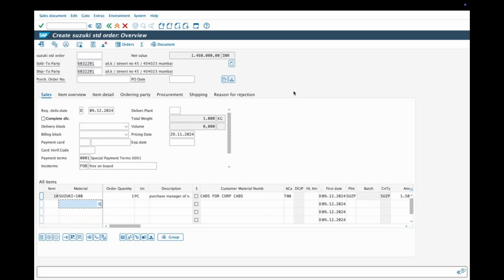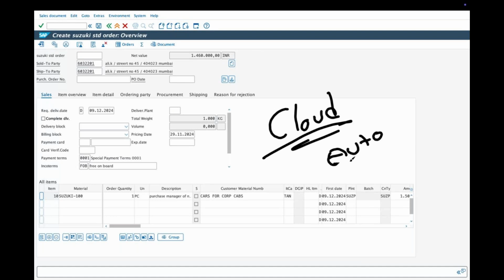So you are able to see one full end to end sales cycle with the cross functionalities interface automation. So when you say execution on cloud, everything should come automatically. So here, for example,